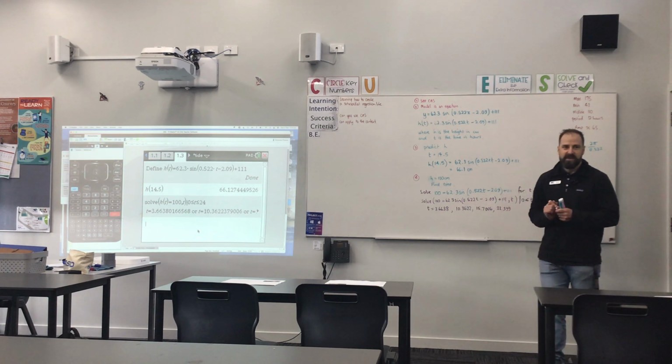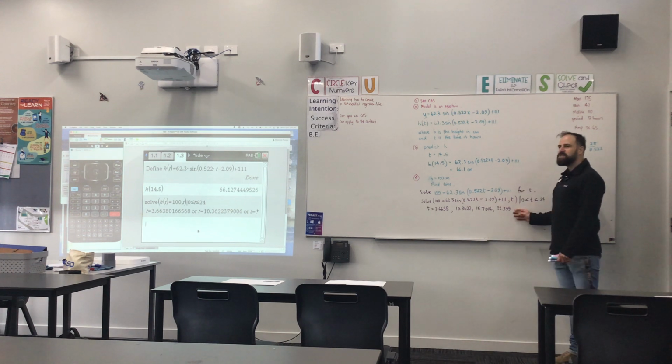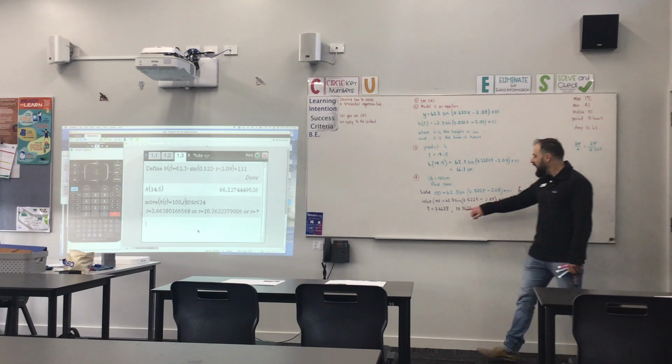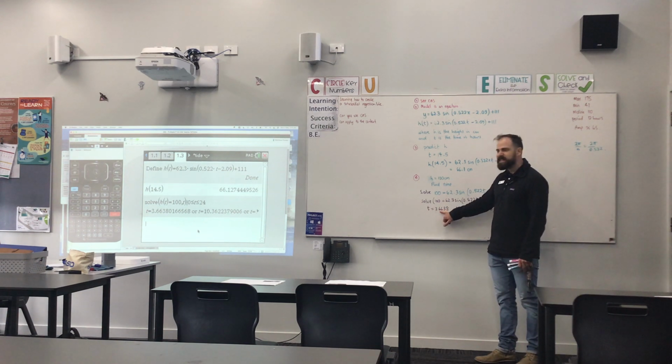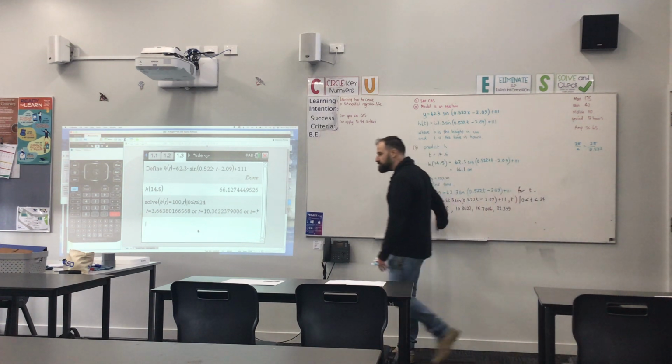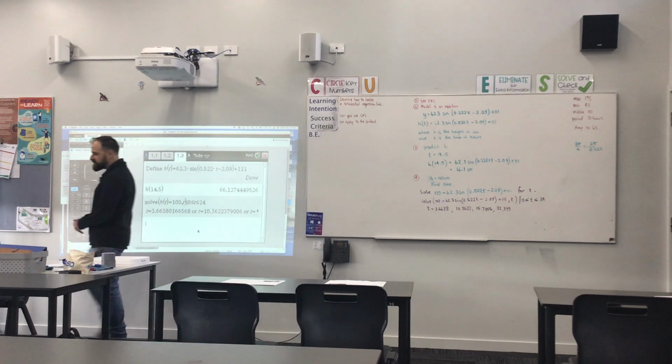Right. Do these look like times to any of you? No. So a couple of tricks. How do I change this decimal to a time? Because this is 0.66 of an hour. So what I'm going to try and do is change that to minutes. The way I change it to minutes is